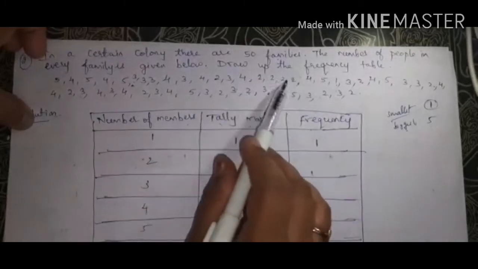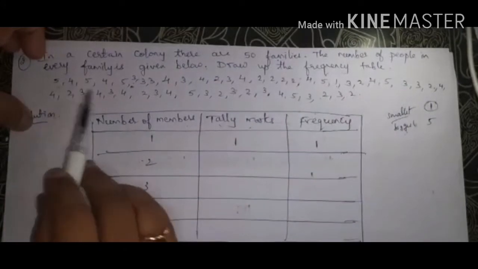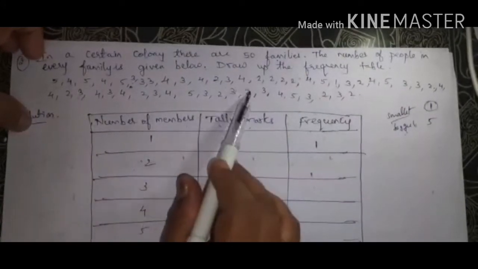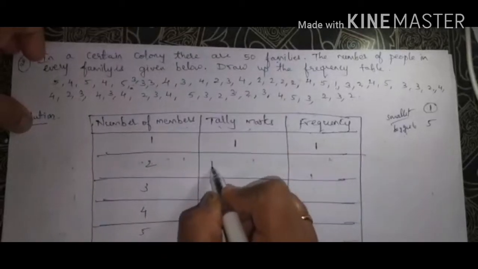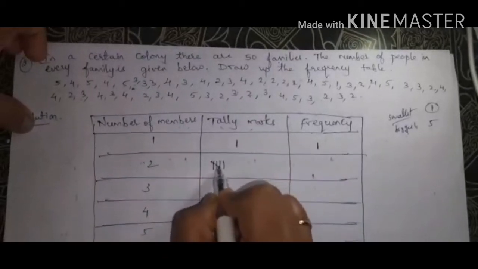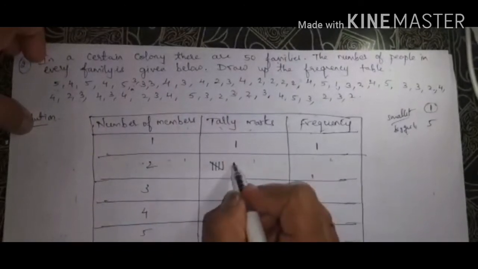1, 2, 3, 4, 5, 6, 7, 8, 9, 10, 11, 12, 13. It is 13 times now. So how to do 13 times? 1, 2, 3, 4, 5 will be like this. A sixth one, you put a little space and put like this.